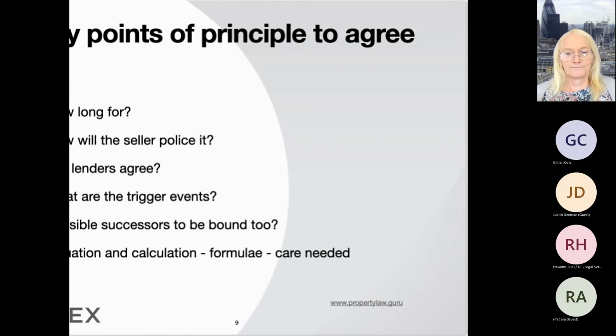On page 34, we've got a number of other little wrinkles talking about sales of part. Let's say the builders have £300,000 worth of costs that they've agreed can be deducted before the overage is paid, and they sell off the first house for £250,000 of the plots. They'll say, well, look, you're not getting any money, Mr. Seller, because we've taken the first £300,000 to pay our costs. And you'll say, well, that's not fair. You're selling 10 houses.